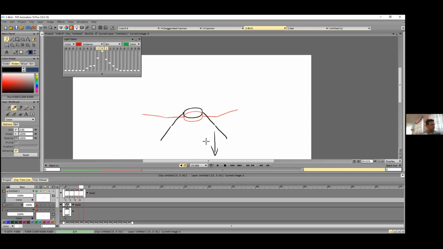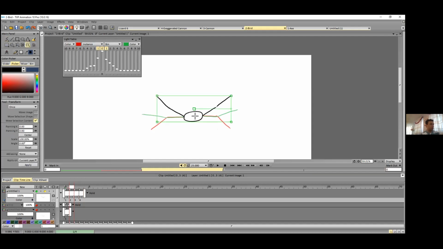And in this frame, when the wings are up, the body should go down.